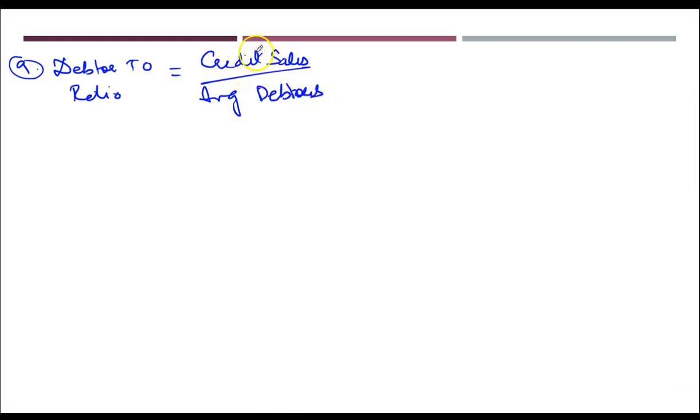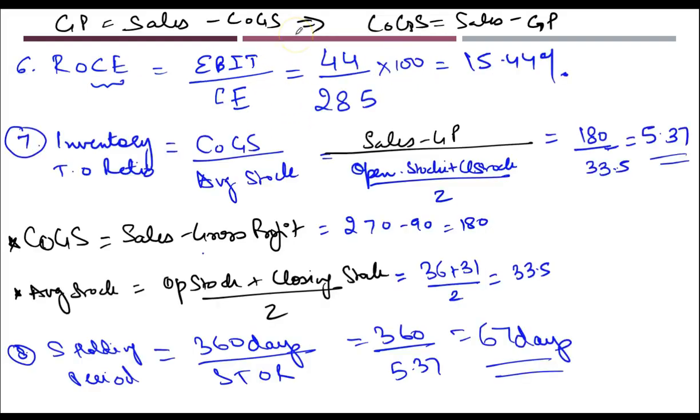Now see, इसमें मैंने आपको पहले भी बताया था कि if you do not have the value of credit sales, credit sales की value अगर specifically specified नहीं है, if it is not been specified, then you will use sales itself. Alright, so here we will use the value of sales itself, which is 270,